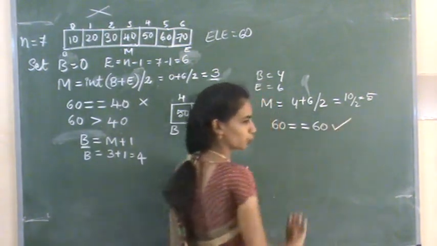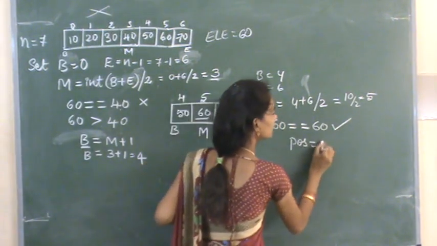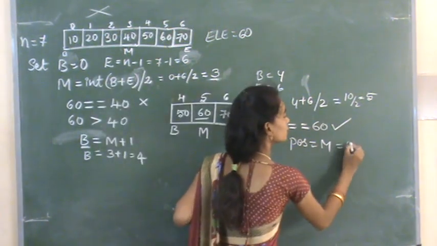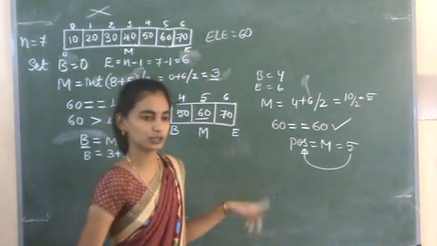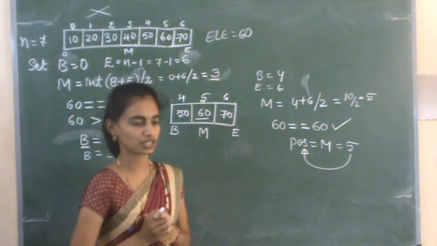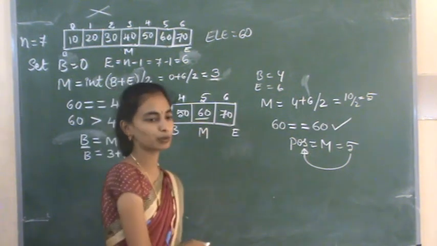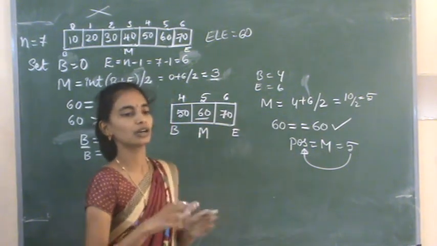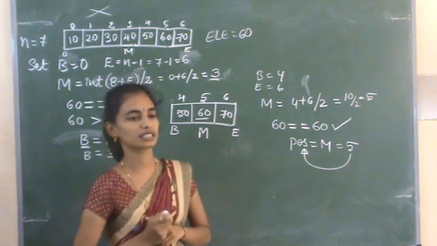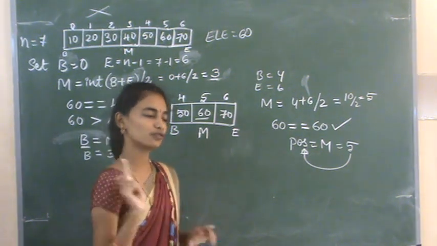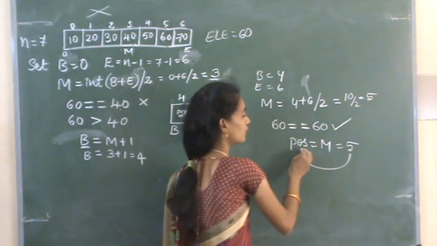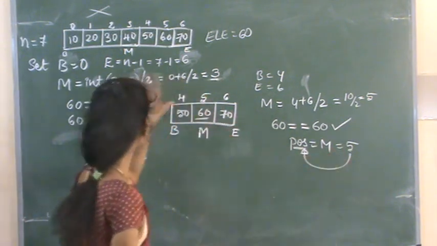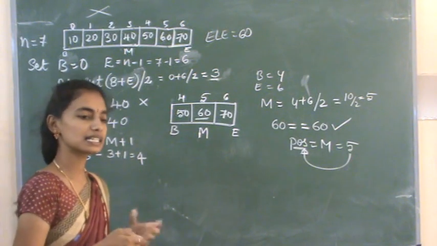So if it is true, we will assign that mid element. What is the mid position? That is 5. So this 5 is assigned to the position. Like we use in linear search, right? We assign the i value to the position. Likewise here we are assigning the mid value to the position. In the if condition, position greater than or equal to 0, for that condition we are assigning the mid value to the position. So if it is greater than or equal to 0, it will display the position. So this is how the binary search actually works.